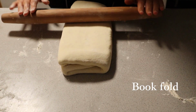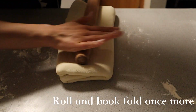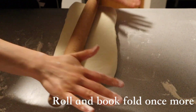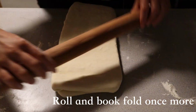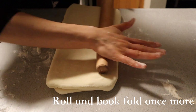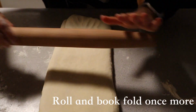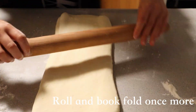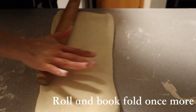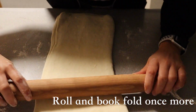That's not very important because that's going to make the book fold more challenging. So just a little bit of width, but make sure to focus on that length. This time around, the bread will be a little bit more taut and more difficult to roll out because it has been forming that gluten. So be gentle with it, don't over roll, let it sort of speak to you, and once it starts to pull back and it's too challenging, maybe give it a little bit of a rest, 10 to 15 minutes,